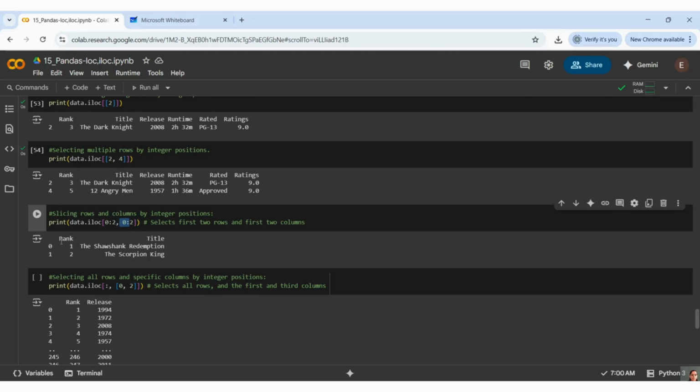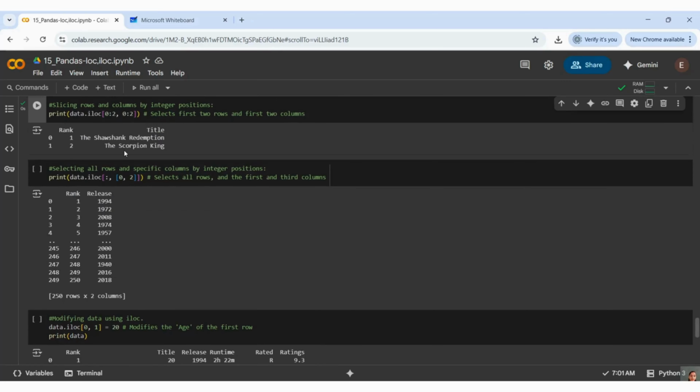So you can see my output here. Slicing cannot be performed on loc, guys, so based on your requirement you can choose either loc or iloc. Rank is my 0th column and title is my first column.